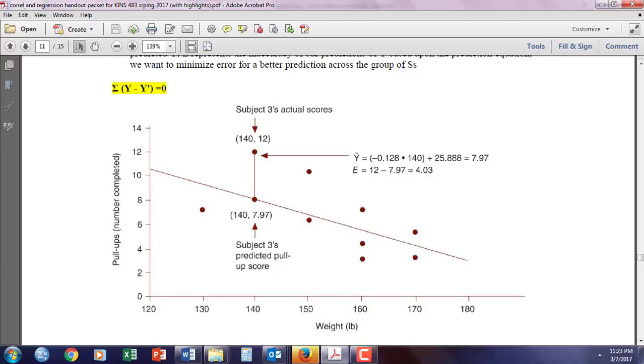Here we have the sum of these error scores. The difference between the actual scores and the predicted scores is always going to be equal to 0. So we have to find a good way to index the degree of error. How big are these differences between the prediction and the